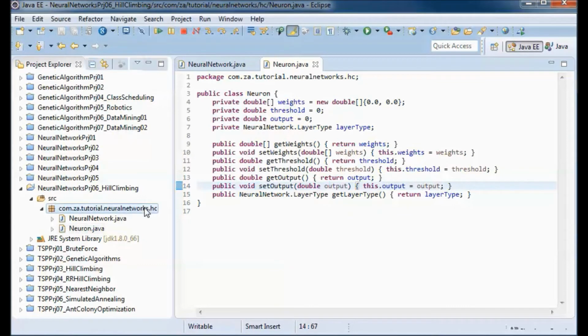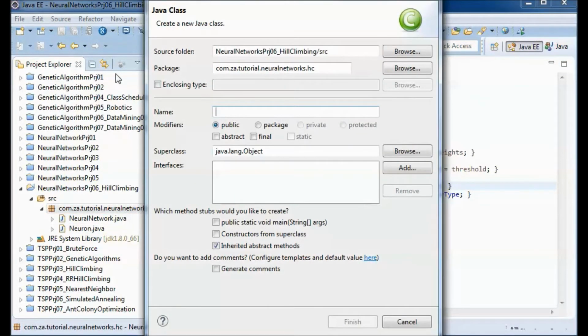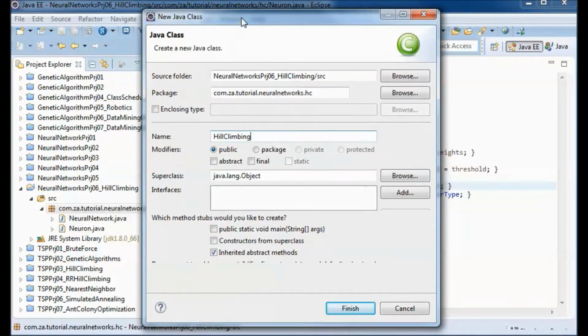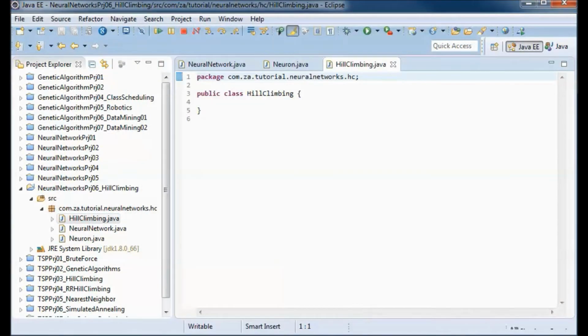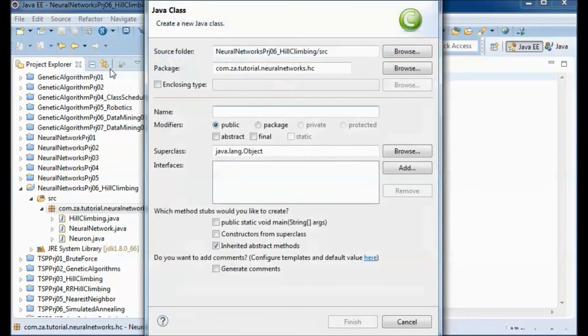And we will have a hill climbing class where the hill climbing algorithm logic will be, and a class that will drive the application, and will have a main method.